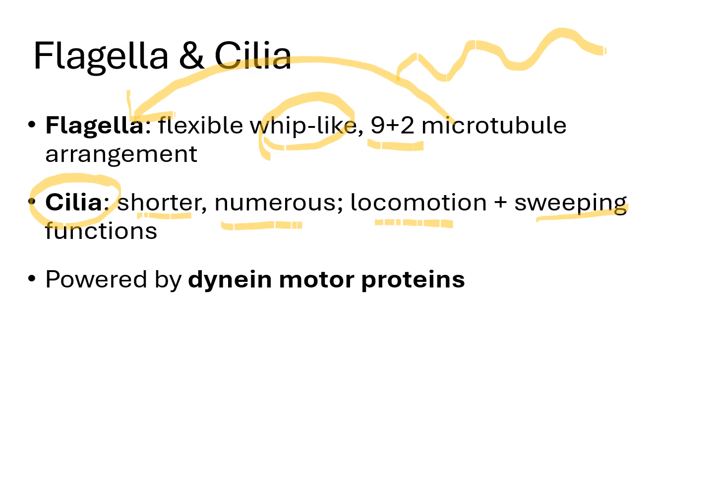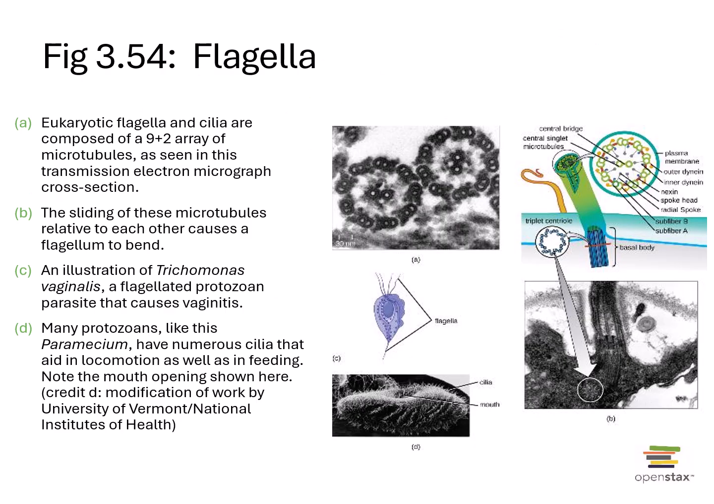Both of these can be powered by motor proteins known as dynein. Here's another look at eukaryotic flagella. If I take a cross-section of the filament of the eukaryotic flagellum, you can see that there is a 9+2 arrangement. That means there are 9 pairs of microtubules on the outside edge, and then 2 single microtubules in the center. So this is true for most of the flagellum, the filament part, but where it's attached to the cell membrane, the basal body, there is a triplet arrangement similar to what we saw in the centrioles of the